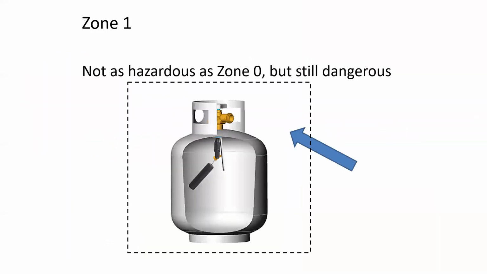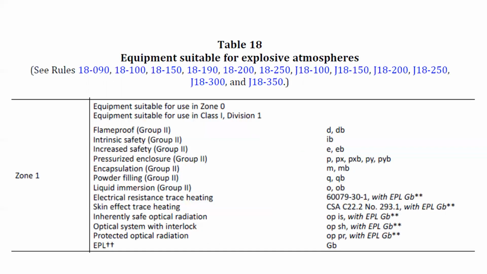Zone 1 is not as hazardous as Zone 0, but still pretty dangerous. That'd be the area outside the tank within a fairly close distance. Now, there's lots of hazardous location equipment permitted in this area, and Table 18 is used to reference. Here are all the different things that could be installed,